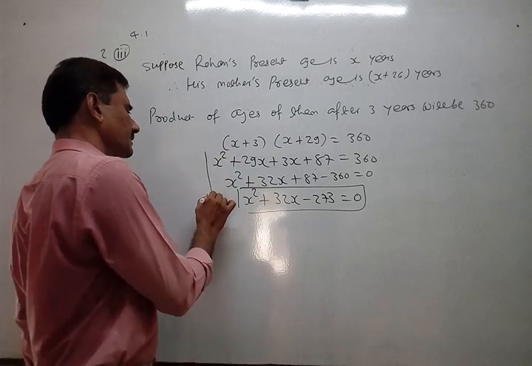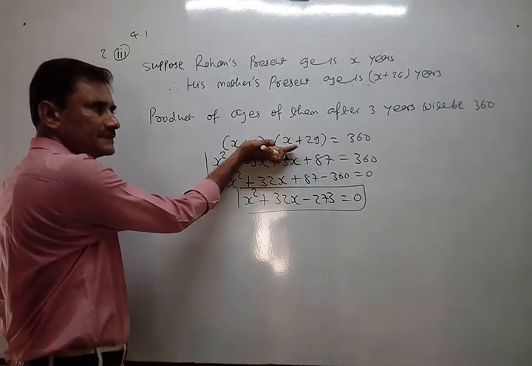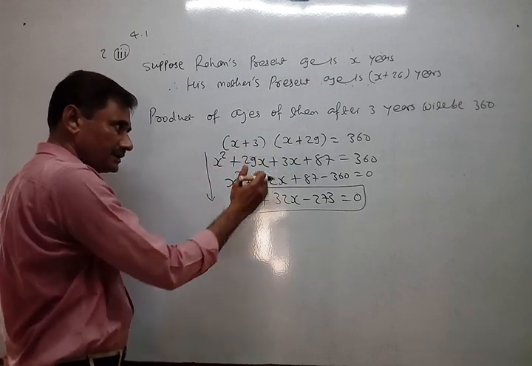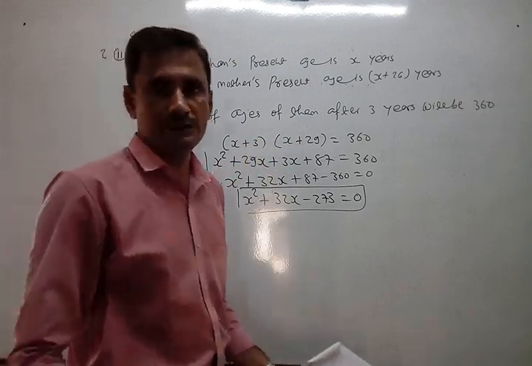There is nothing, just simply an equation. You have to understand only up to this step. Up to this step only standard 10 is there, otherwise no standard 10 in simplifying the equation.